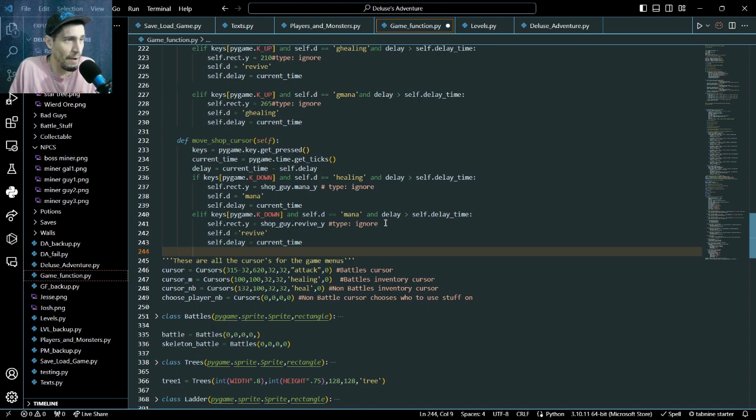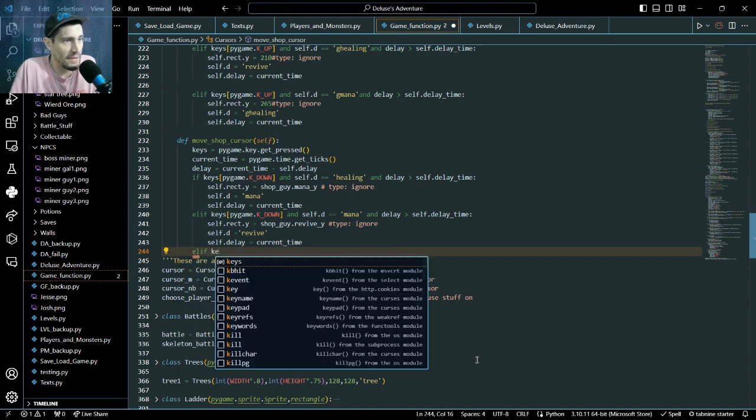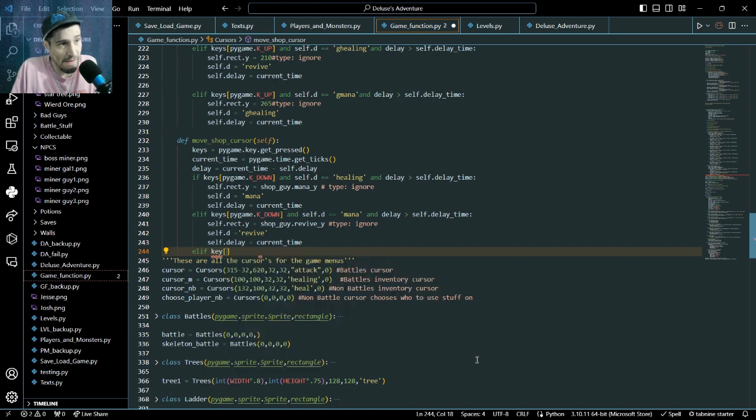So now we're at the bottom. It's starting at healing, and then we press down once, and it's going to mana, and then we press down again, and now we're on revive. So we can't go down any farther. So elif keys is